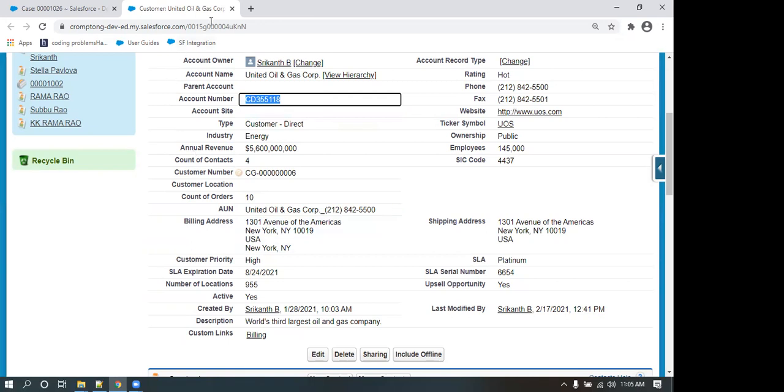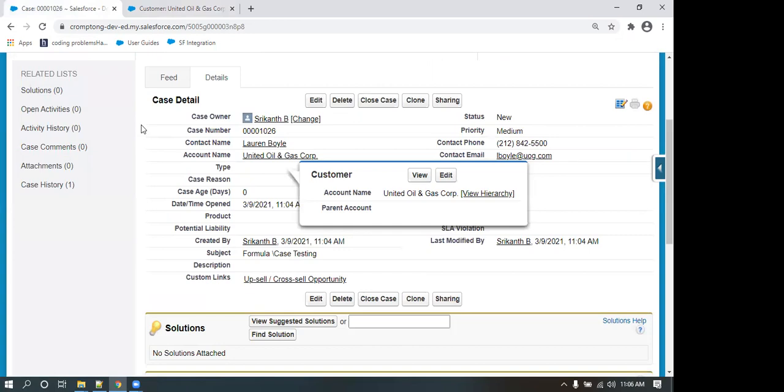Okay, going every time and opening this one is a waste of time. So what the customer said is, I want this account number on the related case. Let us say, for example,